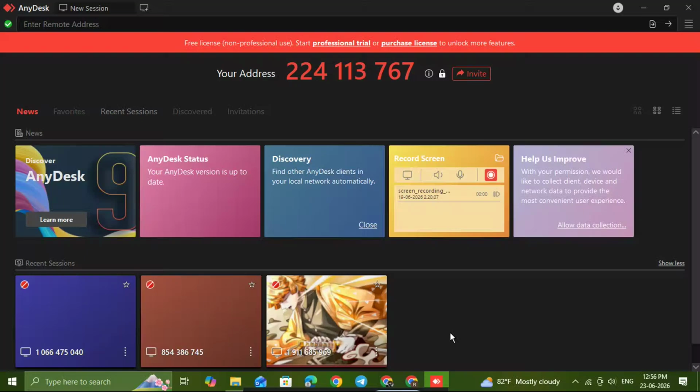Today I'm going to show you how to bypass Anydesk ads by using a simple Windows method that can help clear out Anydesk's stored app data and reset parts of the program. This is a quick tutorial for users who want a cleaner experience and need to follow a few basic system